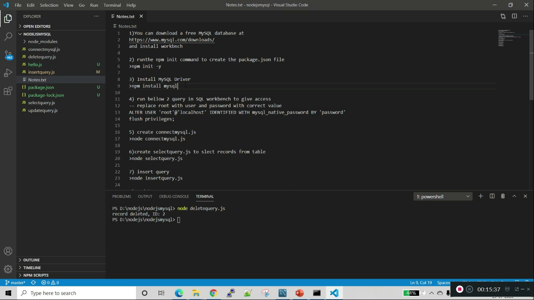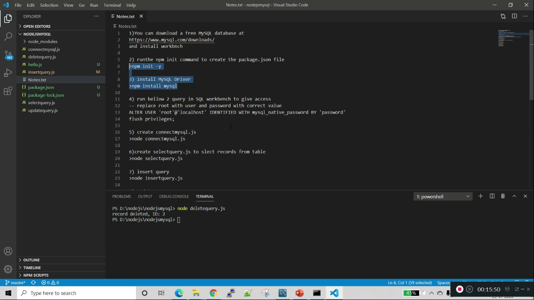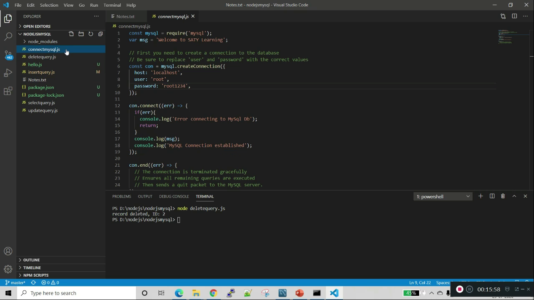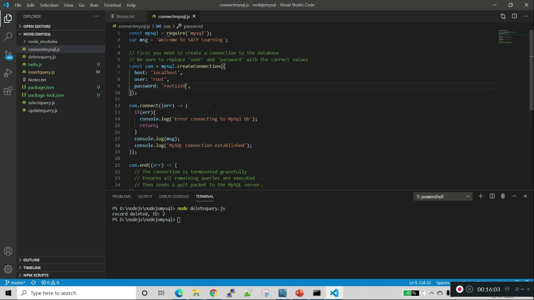Also, we need to install the Node.js MySQL driver in our code. These two steps are very important. Other steps are very easy. We just need to ensure the connection is working fine.